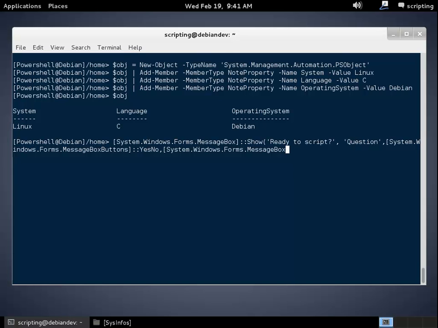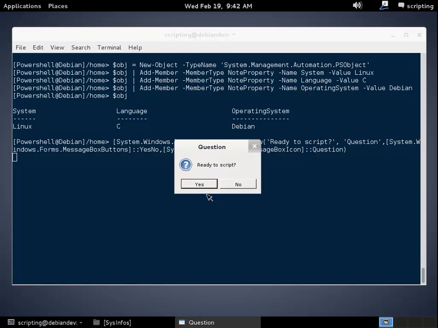Message box icon question. Okay, so let's review that. Message box show, question, system.windows. Okay, so let's press enter,